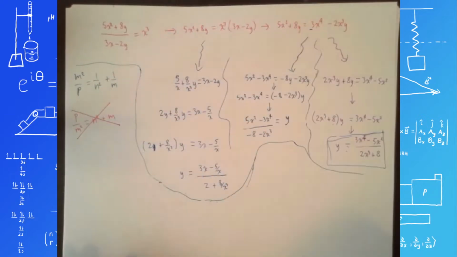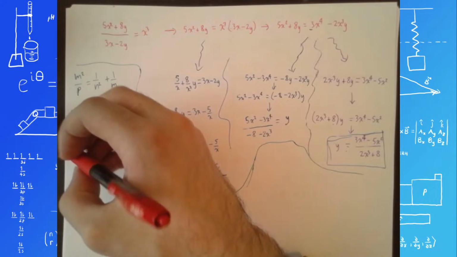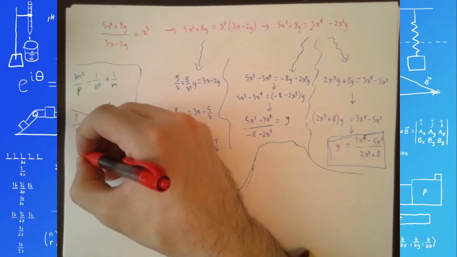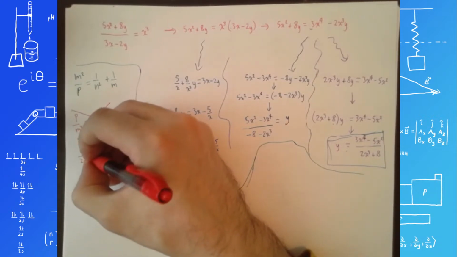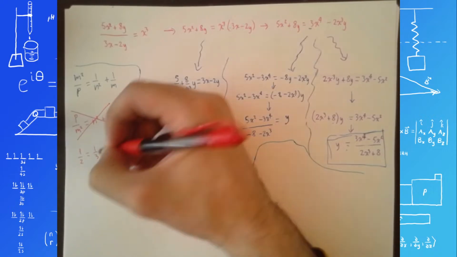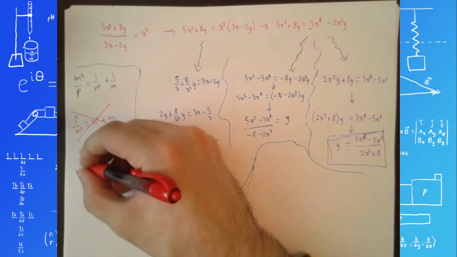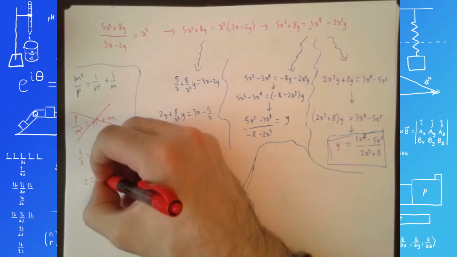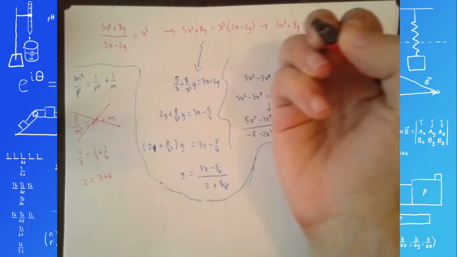Absolutely wrong. I can immediately disprove this. I mean, you could do, for example, 1/2 is equal to 1/3 plus 1/6. Does it follow then that 2 equals 3 plus 6? No,